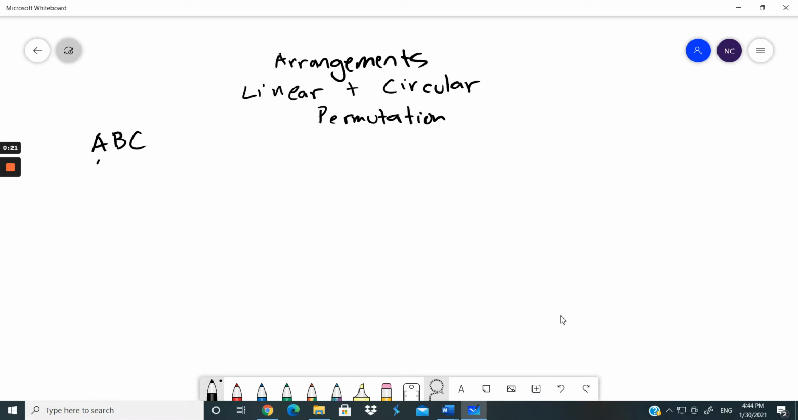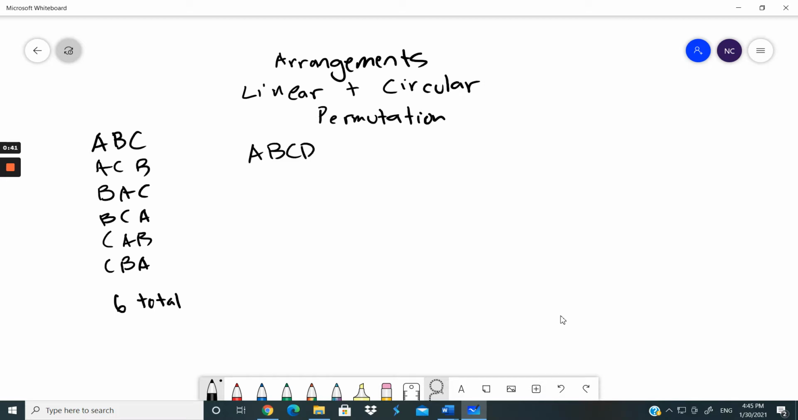Well, we would have to list them out, right? A, B, C, A, C, B, B, A, C, B, C, A, C, A, B, and C, B, A. So there's 6 total possibilities. However, if we just list them out like this, what will we do if it becomes A, B, C, D, E, or there's 6 elements, A, B, C, D, E, F? The problem is that if we're listing, it's going to take us ages, and it's very easy to screw it up,